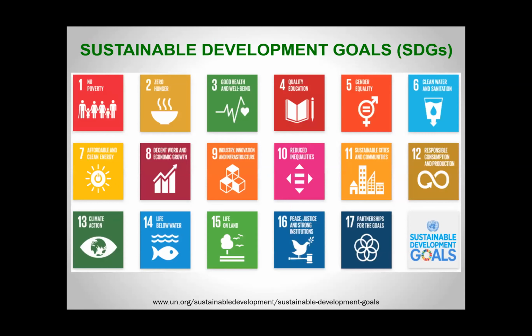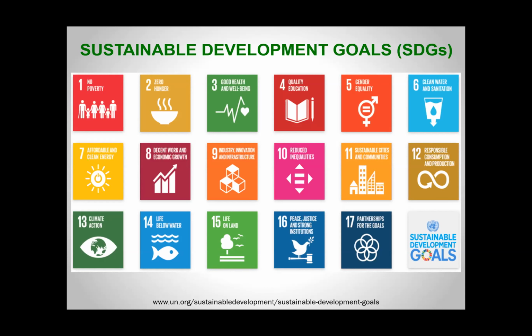So the SDGs, just as a quick refresher, are a pretty comprehensive set of attributes or characteristics or a roadmap or a blueprint for the kind of society that we want. When you take a look at that, you say, what's wrong with us? Not much. As Canadians, we probably think we're doing really, really well on these things. But there are pockets in Canada where we're definitely not. So there's a need for us to pay attention to all of these things, even though we think of ourselves as being in a so-called developed country. These are relevant to all of us.